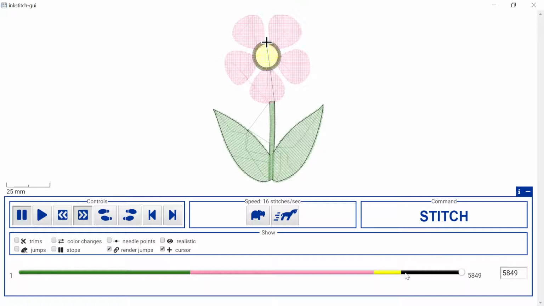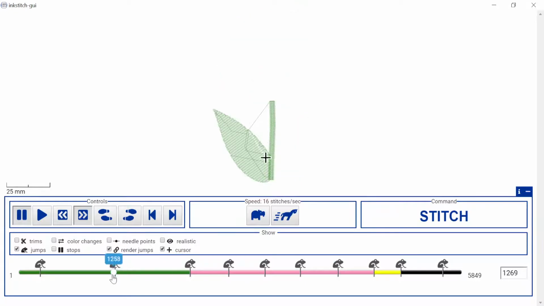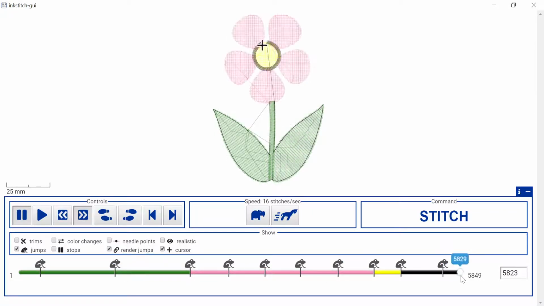One thing that you want to do is that if you click on the jump, it will show you where you have the jump. So for example here, when it finishes, there's a jump here. So it finished the satin and then it jumps there. And then it finished this and it jumps there. So one thing we can do is get rid of these jumps as much as we can. One way of doing that is that when I finish here on my satin stitch, I run a stitch, come here and go there, and that stitch is going to be hidden beneath my